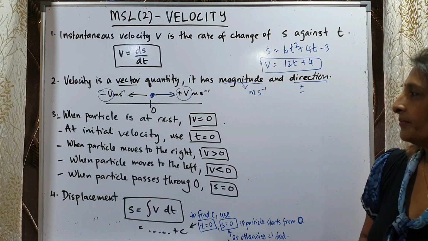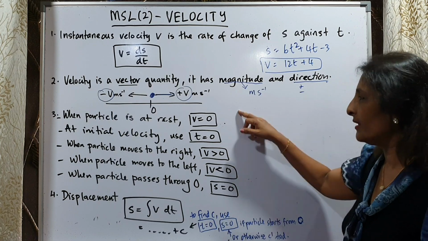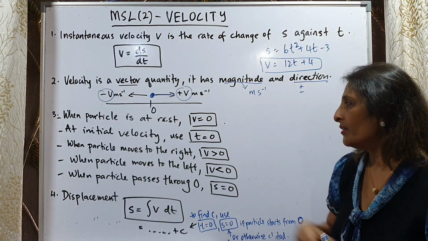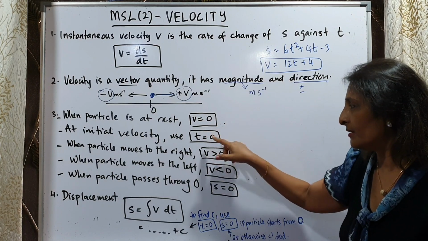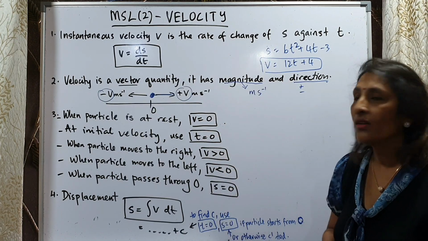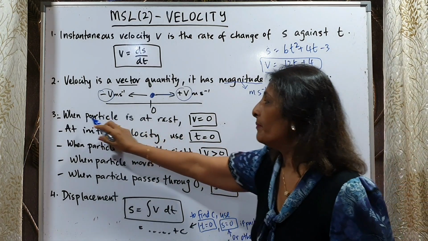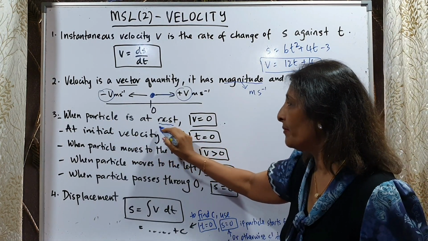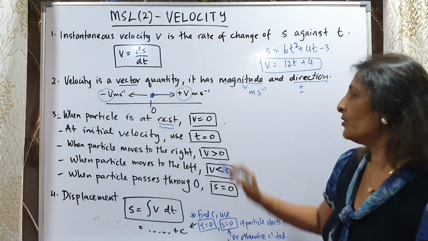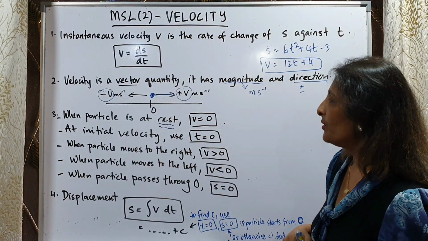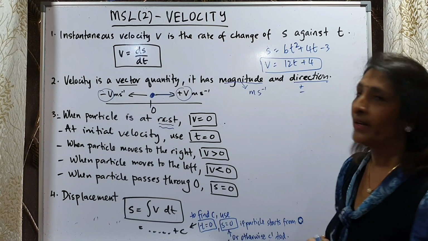Number 3. All these things here are again very useful when you do your questions. So you have to memorize all those things in the boxes here in order to do the questions. When you see some magic words like this, when a particle is at rest, when you see the magic word at rest, then you can use v equals 0. And you can substitute inside the equation and find time.